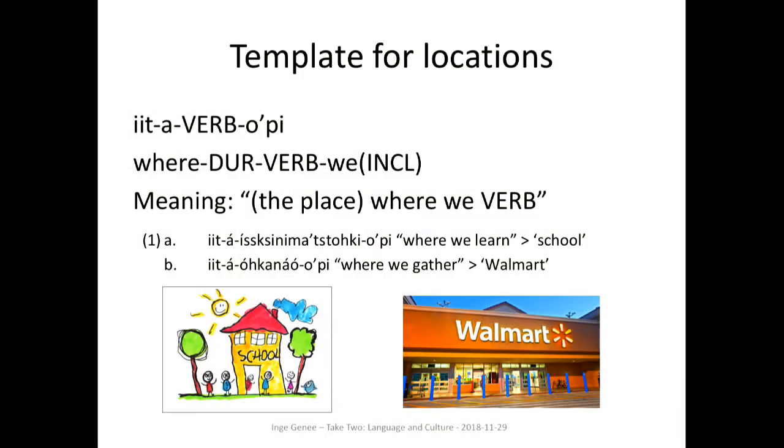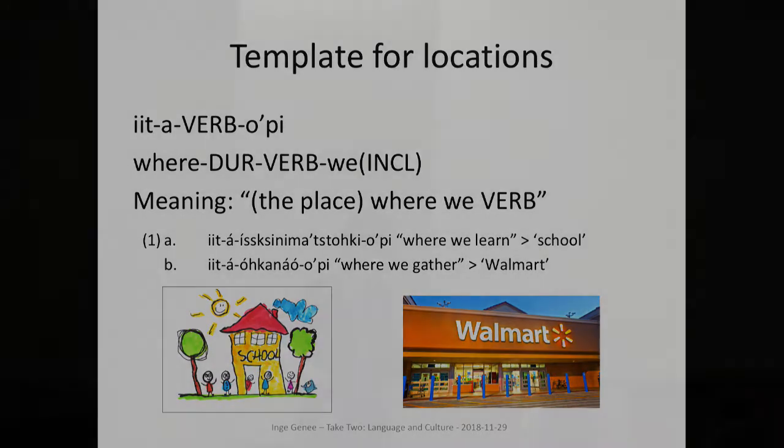So if you paid attention, you maybe saw that these words reveal a kind of template that Blackfoot often uses to create new words for locations. The template structure is basically, we verb there, a place where we verb. You put an actual verb in that template and you can make lots of new words, such as a word for school,